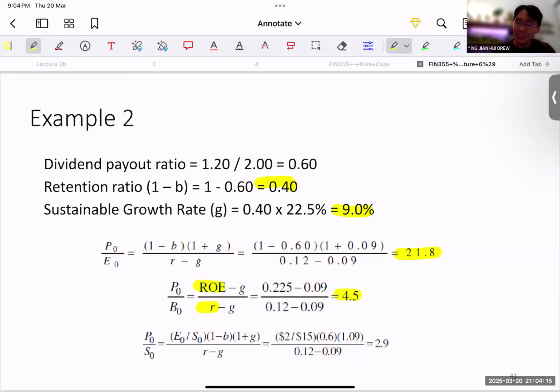Last but not least, your price to sales, where we are actually looking at this part that is the determining factor, which is your net profit margin. So with this, you can calculate your justified. And then after doing your justified already,